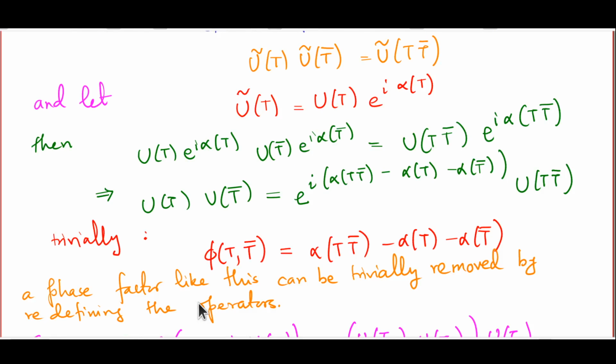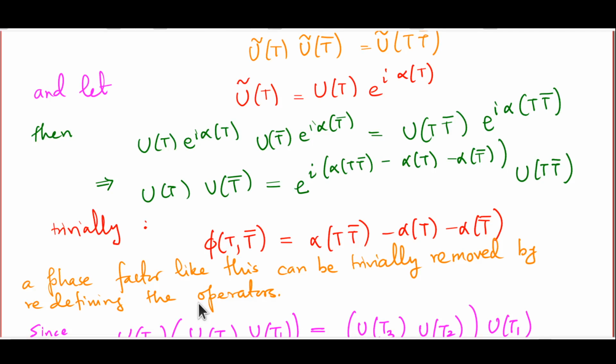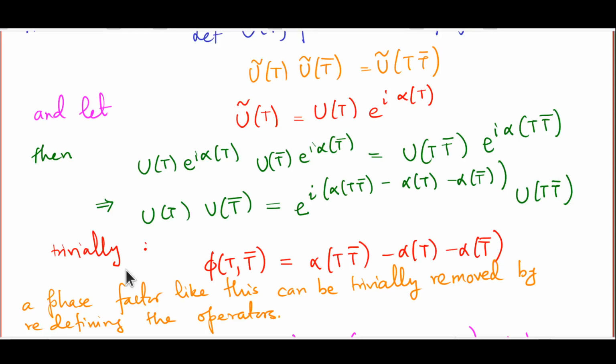So you can remove the phase trivially by redefining the operators. Although you do have a projective representation in such cases, which implies that all Lie algebras definitely have projective representations, these are trivial cases and we are not really going to consider them as genuine projective representations or intrinsic projective representations. Now, irrespective of whether you can get rid of this phase factor phi by redefining the phases of